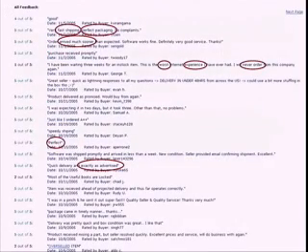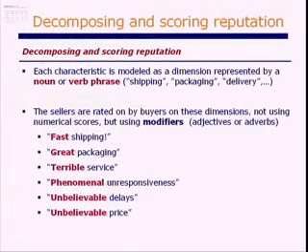So if you take the example that I showed you earlier, you let loose one of these syntactic parsers on the text contained in the reputation profile, and it identifies the different dimensions. And then the same program associates particular modifiers with these dimensions.